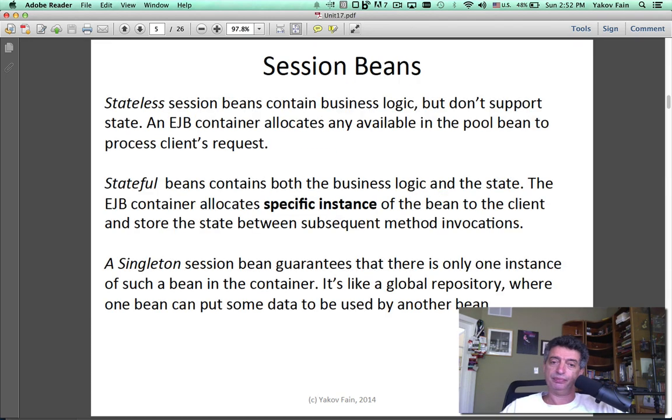Session beans. Session beans can be stateless or stateful, and there is something special called a singleton session bean. Let's go one by one. Stateless, as you can guess, there's no state. They don't remember state. If you have a business process that requires calling one method, second method, third method, and you want to treat these methods or maybe actions within the same method as one logical unit of work,